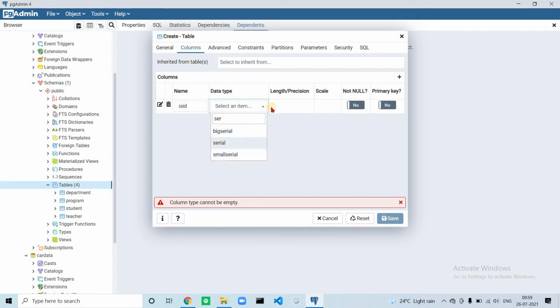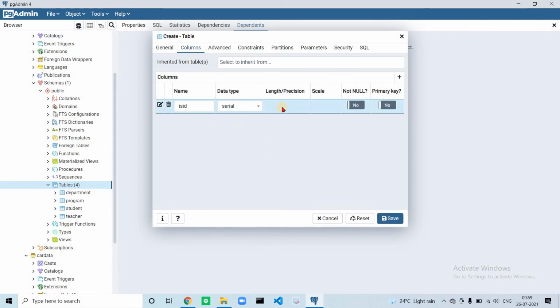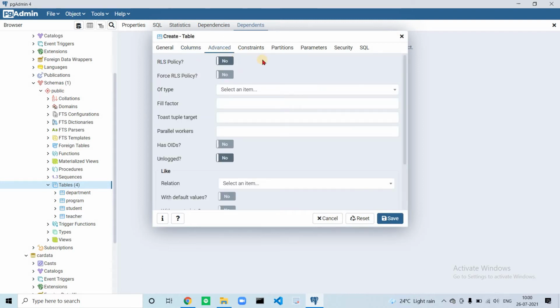Then length, scale, and not null. If you see this button, you always need to insert the value at the time of the insert query. Switch this column to primary key. That's it. In the next, Advanced, there are a lot of options available for this.